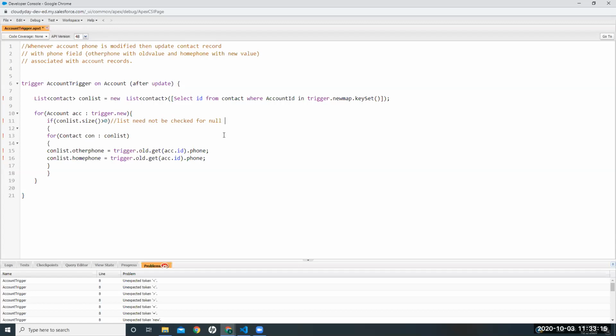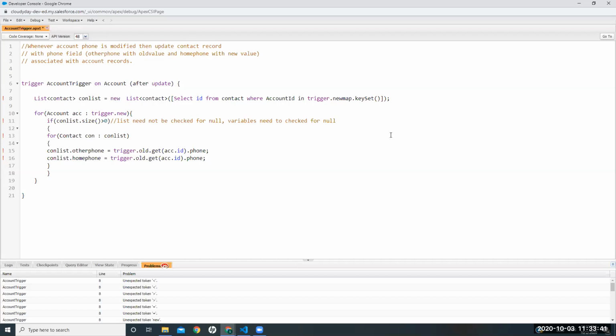Do you want to ask again? I'm not sure if everyone is clear. Guys, this is a very important question they ask in interviews, so that's why I'm waiting here for a minute. What I asked her is why she has put a null check with the size. We don't check null with a list.